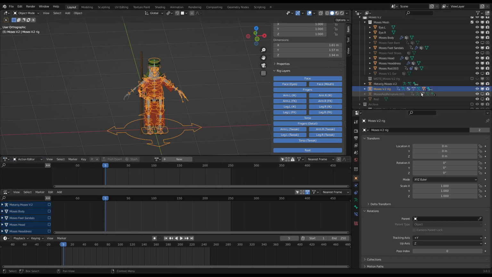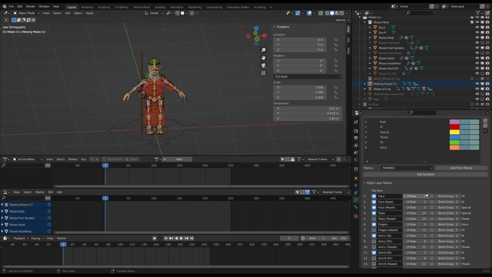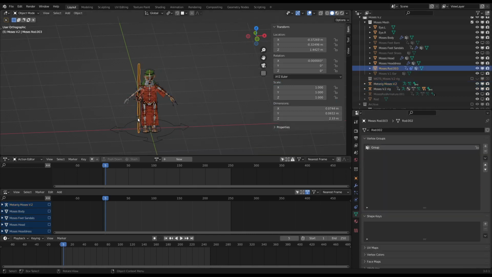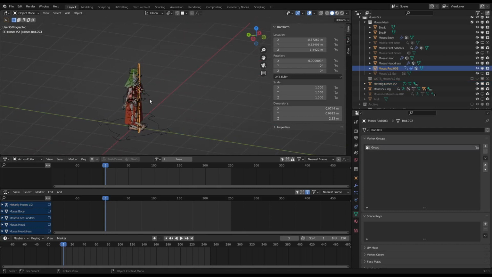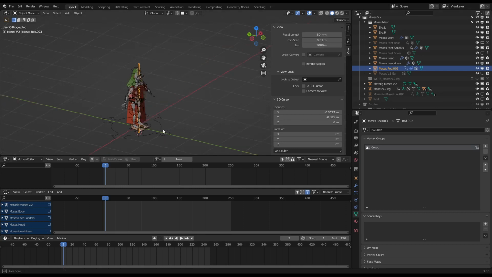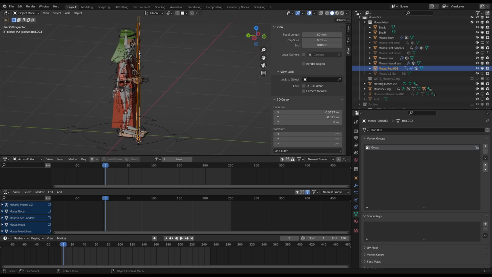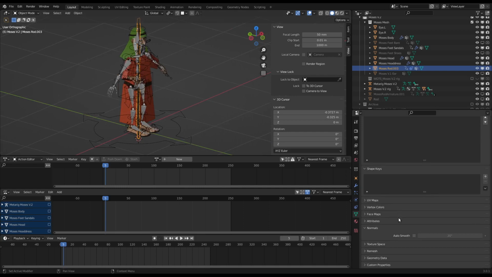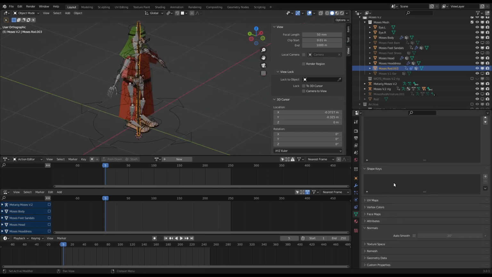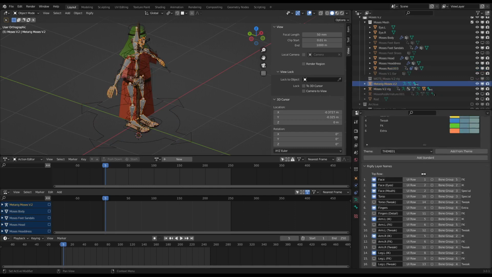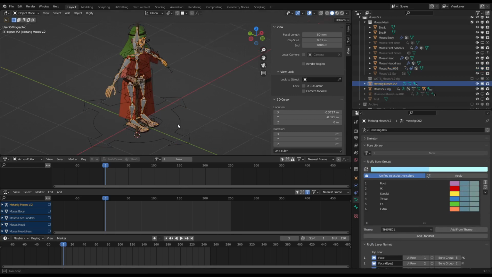So I'm going to go to the meta rig for this character, and I'm going to put my cursor on this rod, and I'm going to move it down to 0. This is going to be the origin of a bone that controls this rod. And so if I now go to the meta rig,